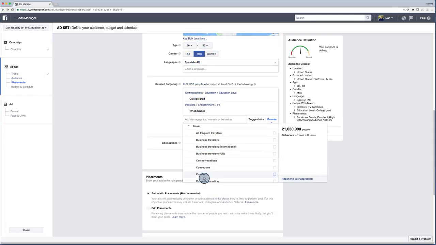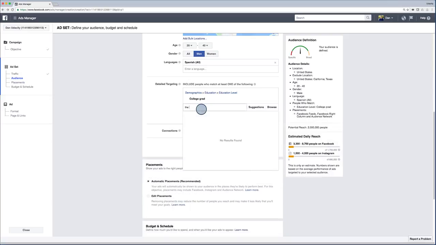For any of these detailed targeting categories, you can also search for keywords instead of browsing the lists. This way you can target even narrower audiences. So maybe instead of targeting people who like TV comedies in general, you want to target people who like a specific show. Then just type in the name of the show, for example, The Simpsons, and pick the right item